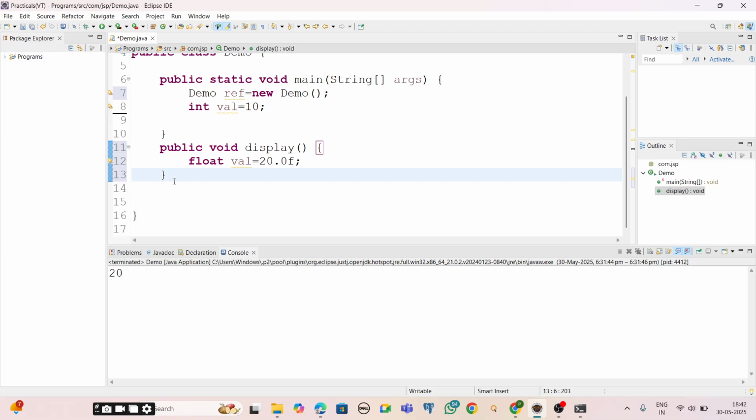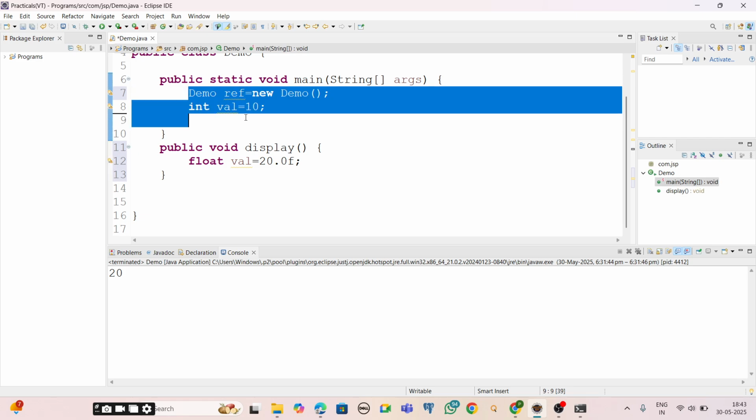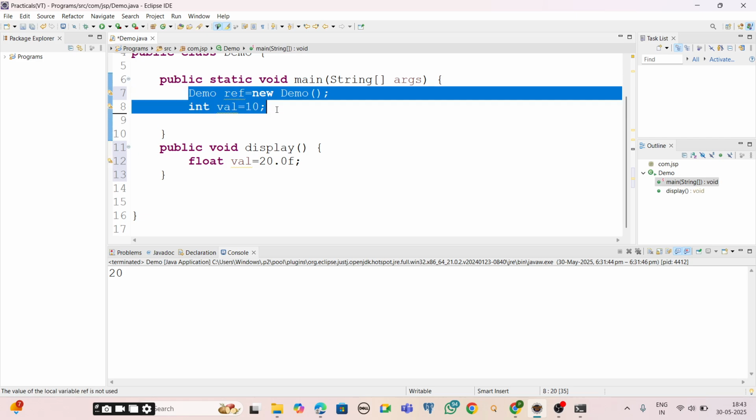One more thing is that local variables exist only in the method. We can access them only within the method, and we cannot access them outside of it. In the same way, inside the main method, whatever we declare can be accessed inside that method only.